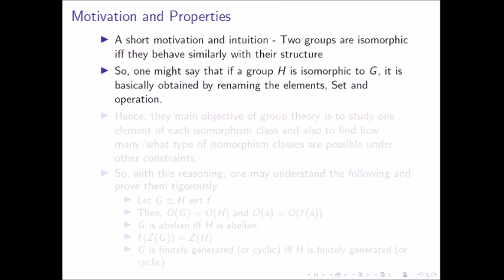So that is why earlier, when we said that two sets are bijective if the elements are a renaming of each other, over here they are isomorphic if the elements as well as the operation are. So in total, the group is a renaming of the other group. So studying one group is enough to derive properties of the other group. This is very important and this is where classification comes into play.